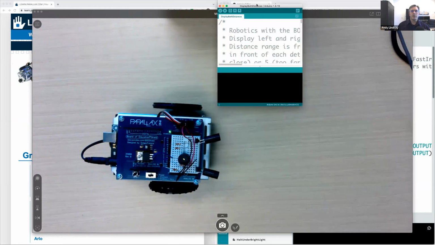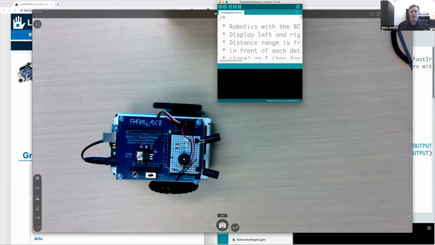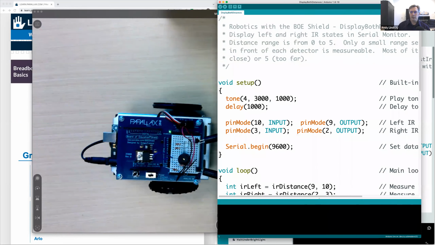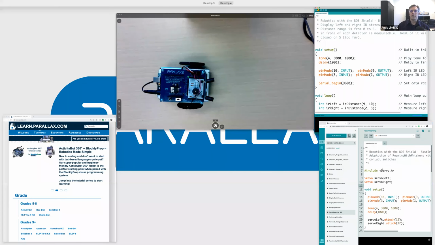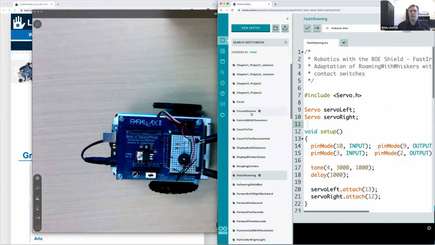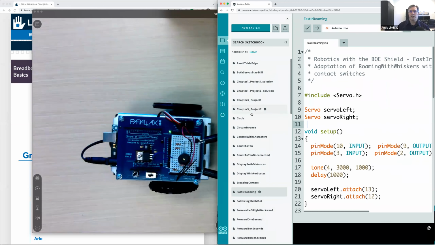And what you'll want to do is run that. Again, the sketch name is display both distances. You'll want to run that and then use the serial monitor. Again, the serial monitor is the upper right in your Arduino IDE. And if you're in display both distances